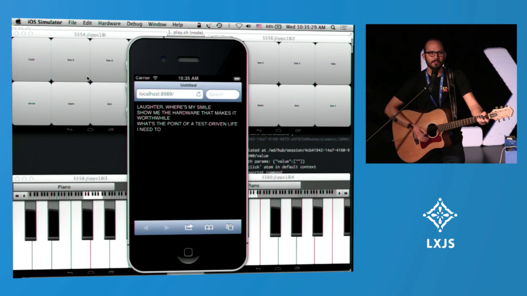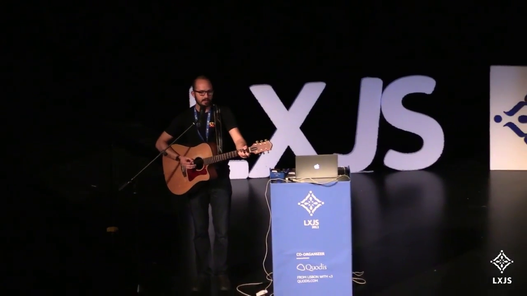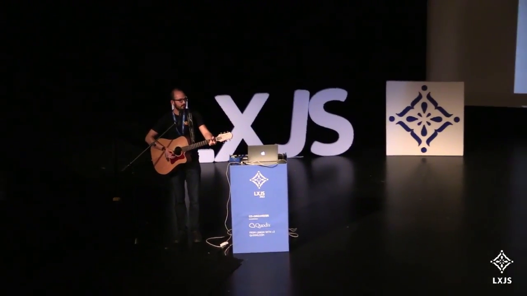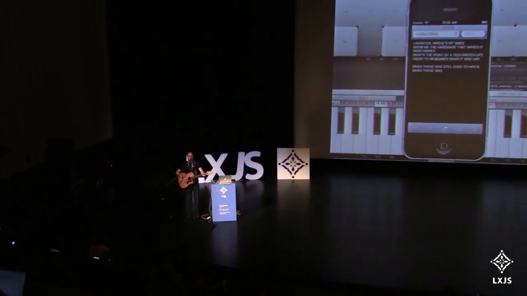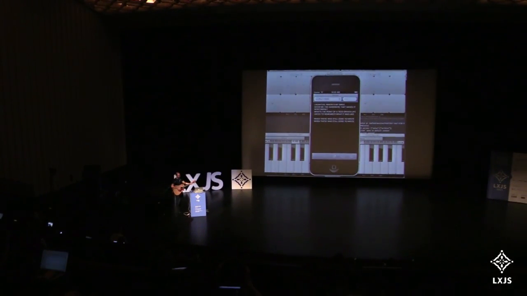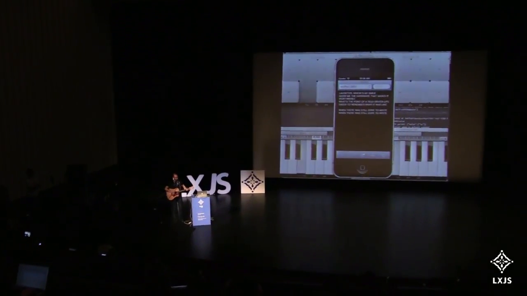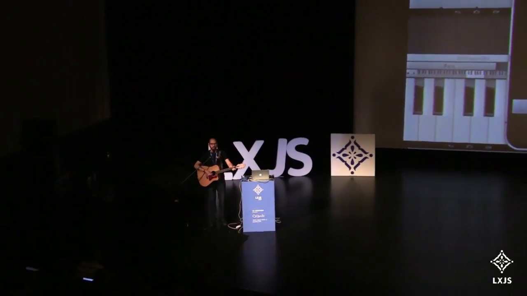I need to remember what it was like. When there was still code to write, when there was still code to. Breakfast is on